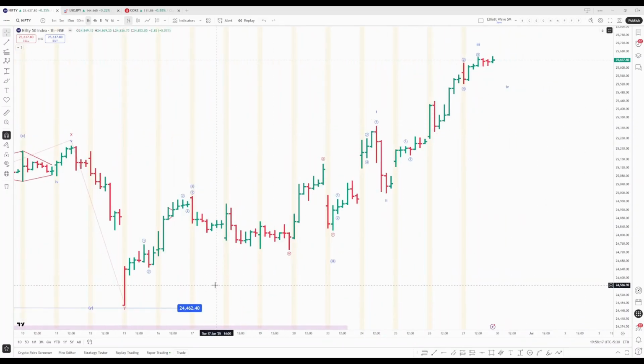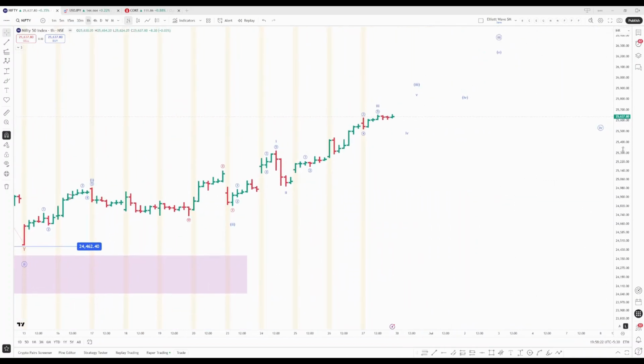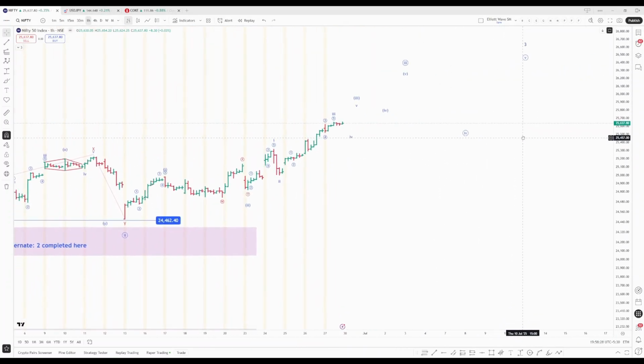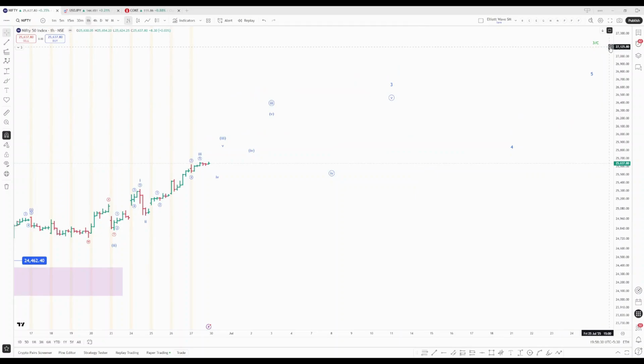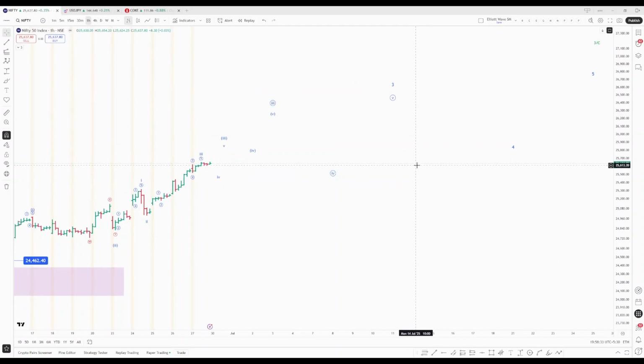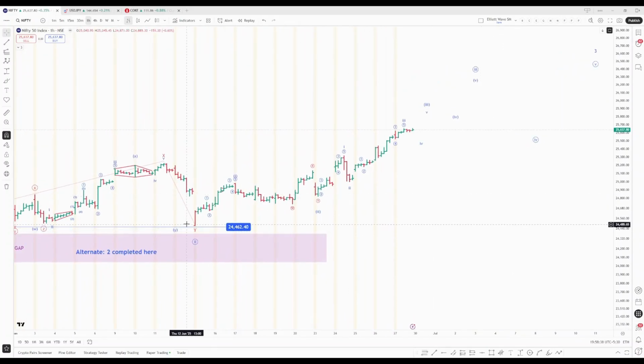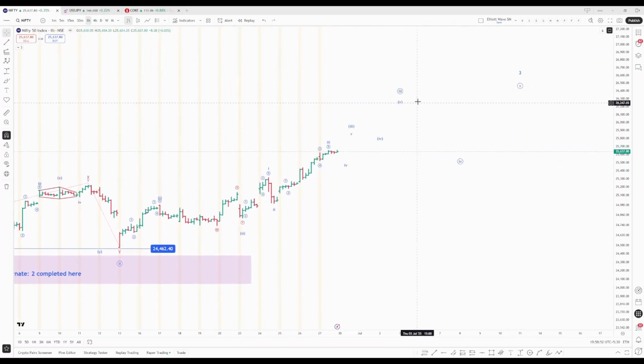So this is where we are counting this impulse, right? Let me just make it so we can see all these counts, right? So remember, this 3C is here. We are not even talking about this in this hourly chart. We are just talking about 3 of 3C, right? So now from this level, we have this wave 1, then this 3 wave correction in 2, and then we have 3, and this 3 is of this 3. So we are basically in third of this third, right?